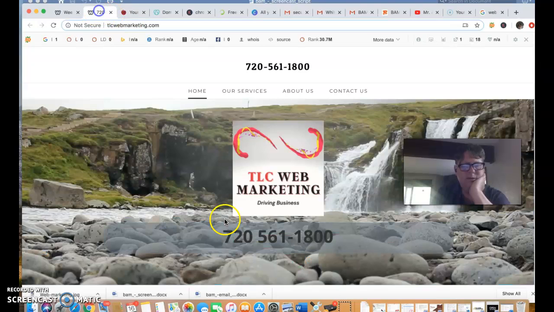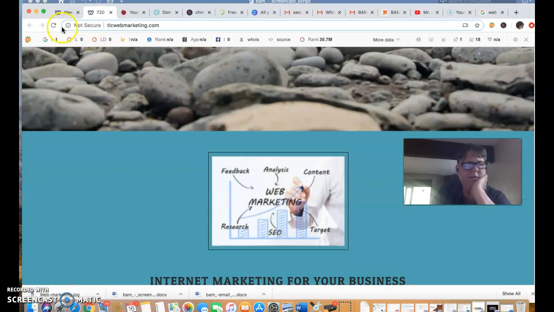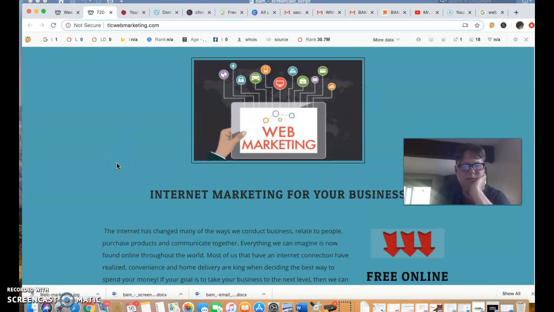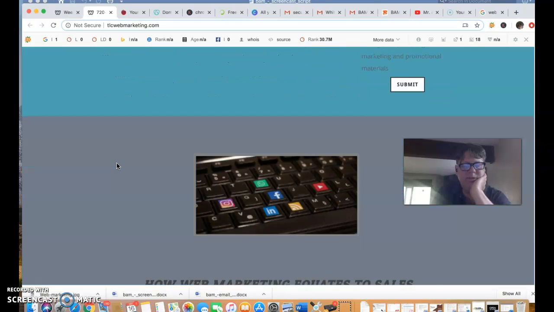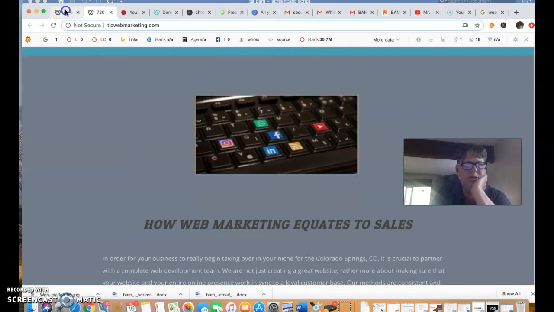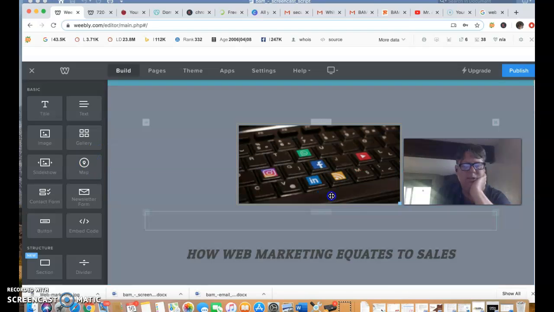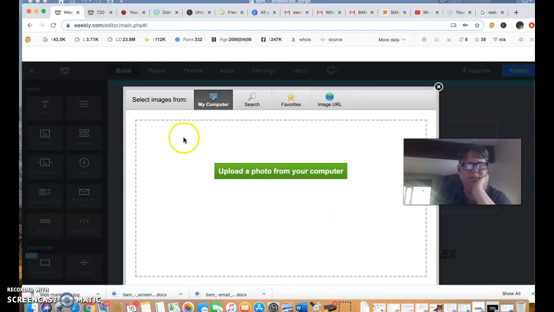Go back to the website. And watch it go magic. Oh, I like that much, much better. So we'll do one more. Come back to the editor, go to the second image, go to replace image, and